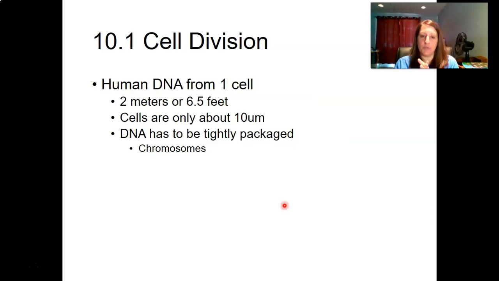Okay, so let's get into chromosome packing. If I were to take one of your cells and open up the nucleus and take your genome, all the genetic material in that nucleus, and stretch it and spread it out, it would be about 2 meters, or 6.5 feet, in length. That's a lot of genetic material. Your cells are only 10 micrometers in diameter. How do we get all of this, 6 feet of genetic information, packaged up into a tiny cell